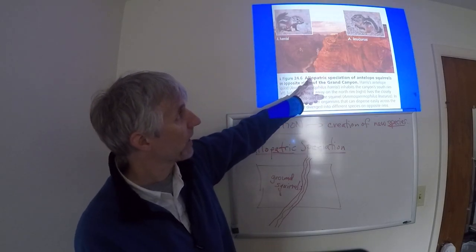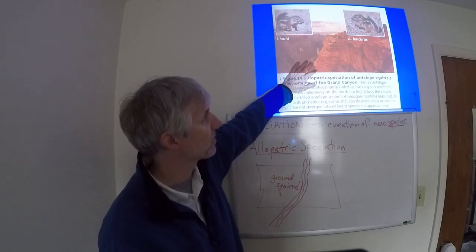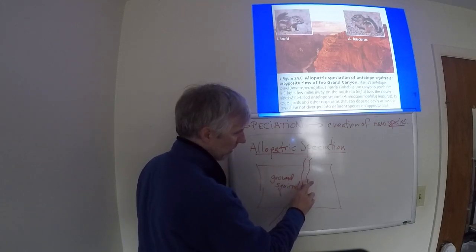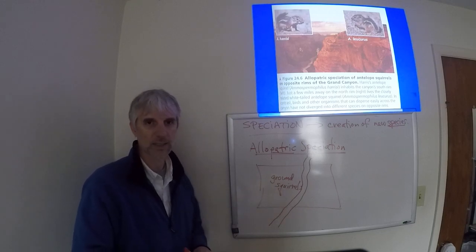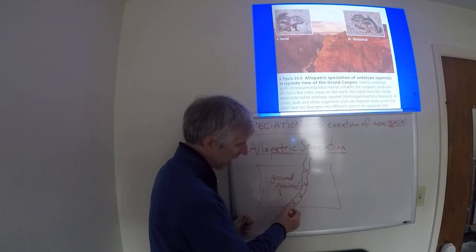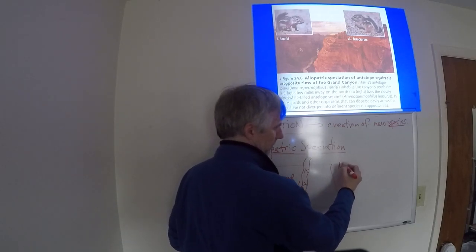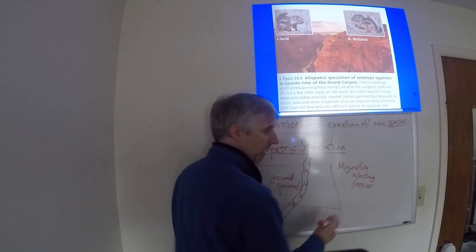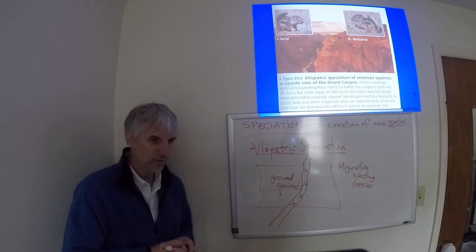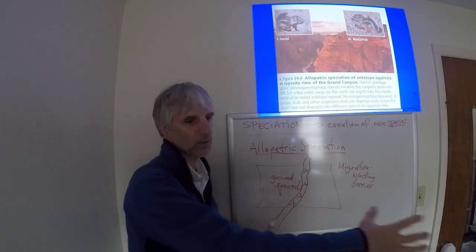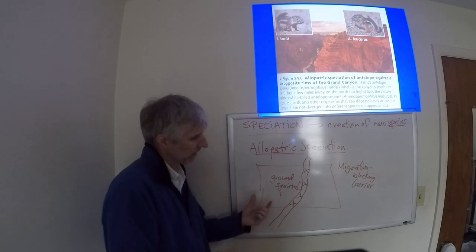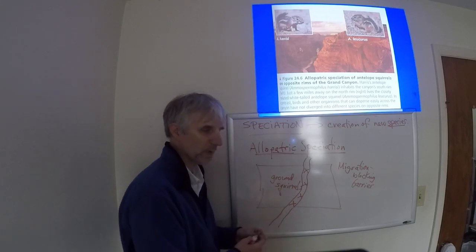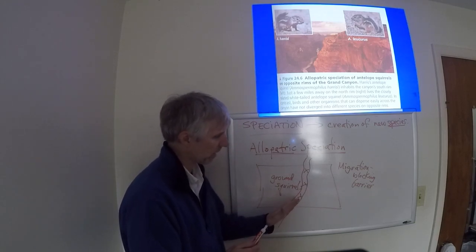So this is that original stream. It's cut its way down through this rock over tens of thousands of years, and at some point, we've carved away enough rock that it's no longer possible for these ground squirrels to move across the canyon. That is, we've set up some sort of a barrier here that's blocking migration. Remember, migration is one of those microevolutionary processes. The effect of migration is to homogenize populations because we're moving alleles around and they're getting mixed up in this large population. Here, I have two populations of squirrels that are left over when this barrier becomes large enough to block migration. Once the migration is blocked, I now have